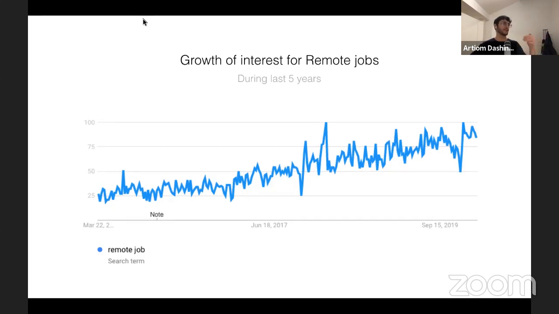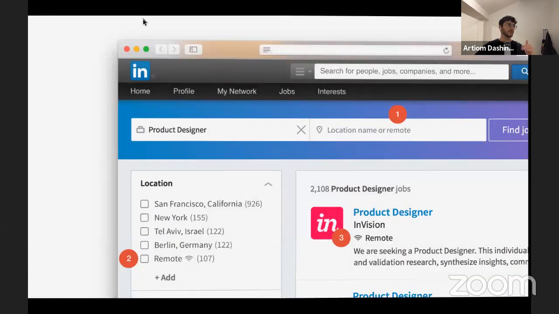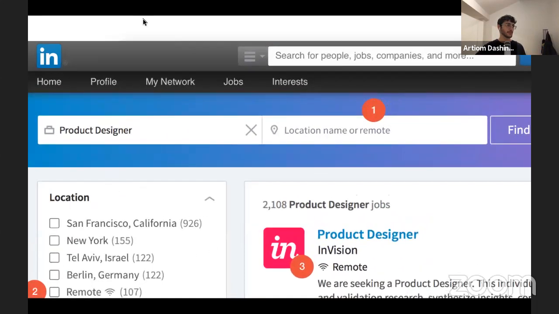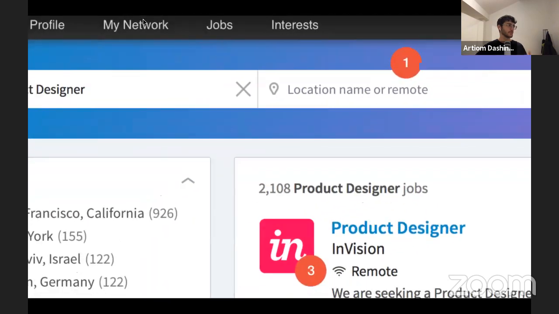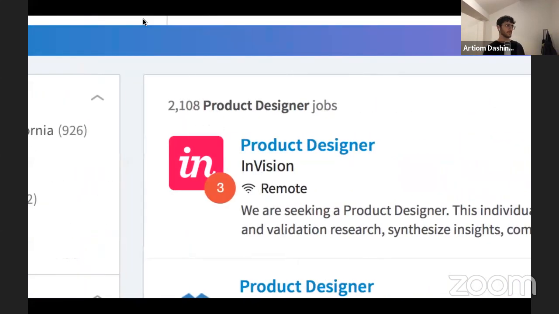So this is a graph from Google Trends that's showing the amount of searches for a remote job during the last 5 years. You can see that it's constantly growing. So this is how it looked in 2016, and a very easy solution that I suggested is to add an option to search by free text and just type remote in this search field. It would also require adding a sorter, like in the locations list, and also marking all the remote positions in their list.